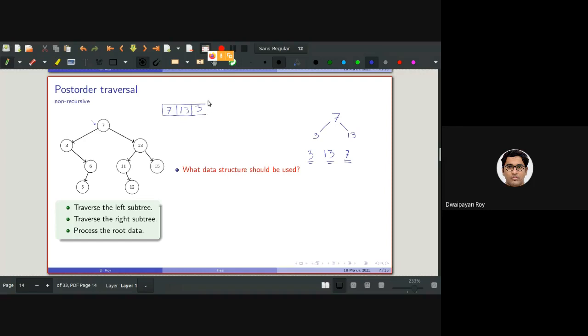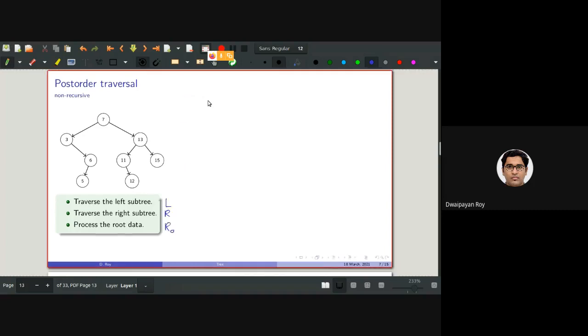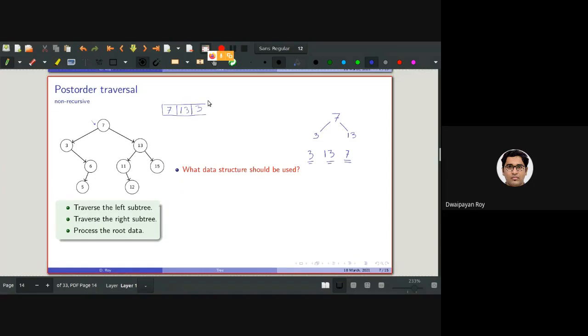I will ask you to try this on your own a little bit as well. This is not as easy as in-order or pre-order, as I have said. But if you try this, you will enjoy the whole concept much more. It will be very interesting to write the non-recursive version of this post-order tree traversal.